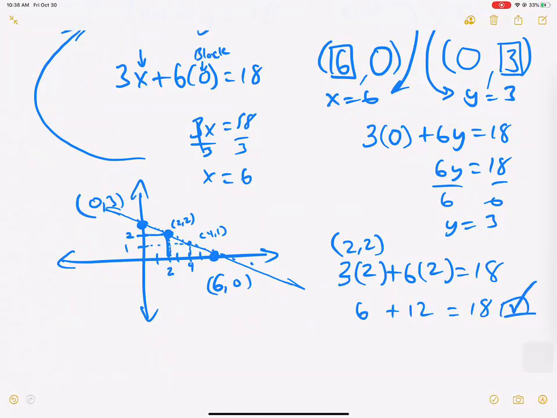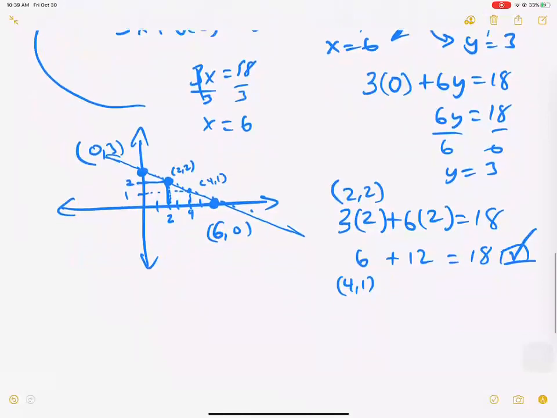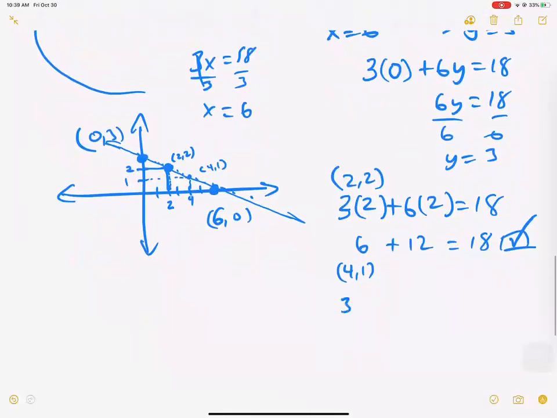Well, let's try one more time. (4, 1). We said (4, 1) looked like a point that works. So 3 times 4 plus 6 times 1, 12 plus 6, is this also 18? Oh my gosh, it also worked. Now I could have picked decimal values here. They're harder to see, but we could have done that,